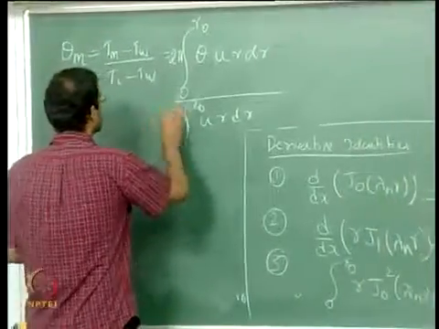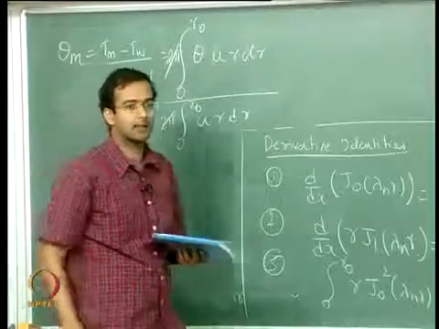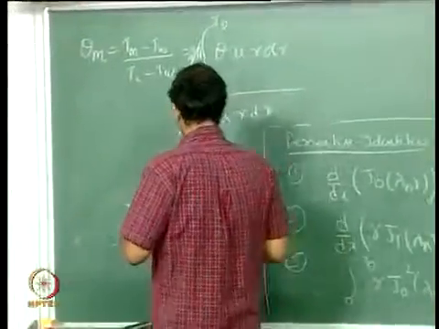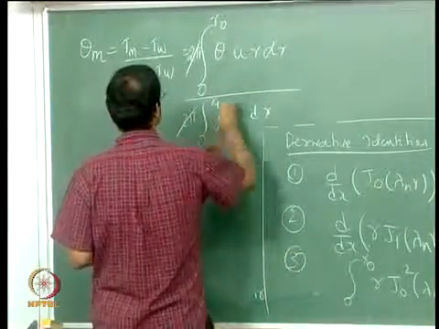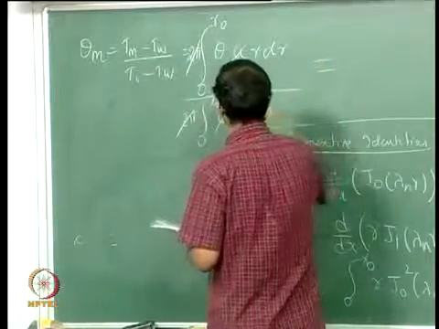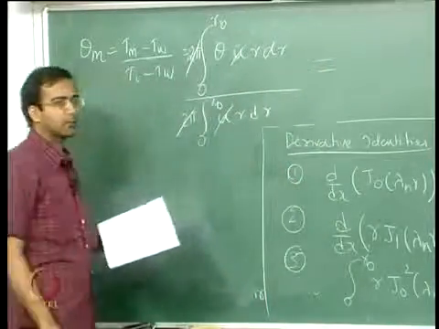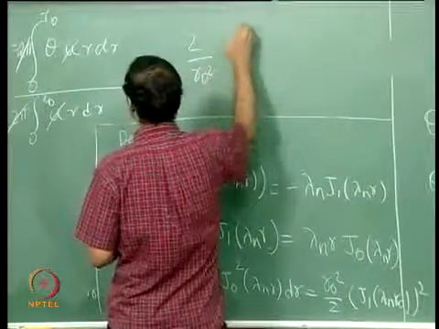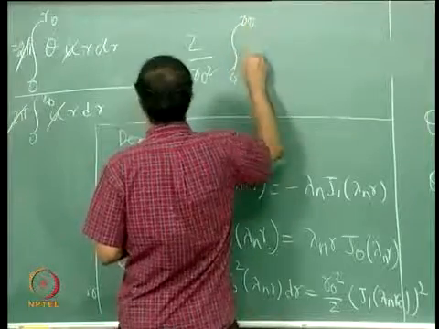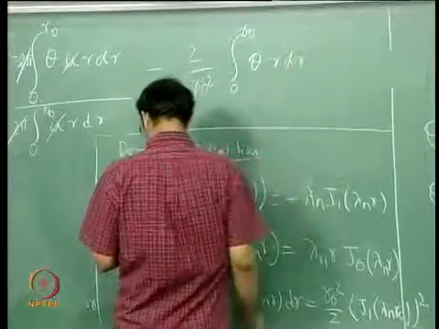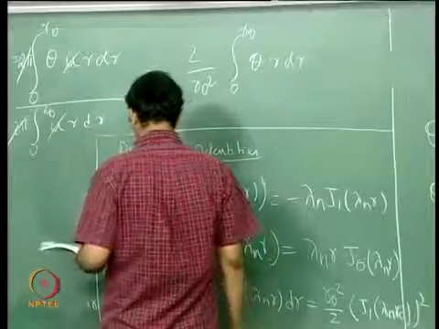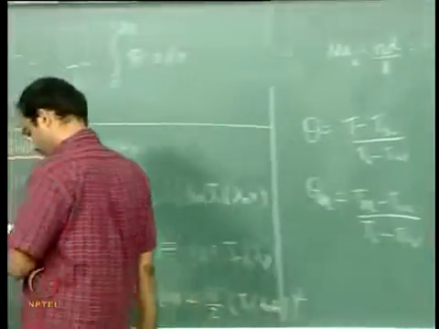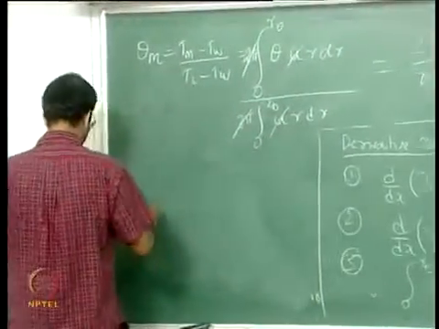Now in your present case your u is a constant, this is a plug flow case, so therefore the u can be taken out of the integral and cancelled off straight away. So integral 0 to r naught r dr will be r naught square by 2. So this can be written as 2 by r naught square integral 0 to r naught theta r dr. Now if you substitute for theta from the final expression that we have, you can write your theta mean